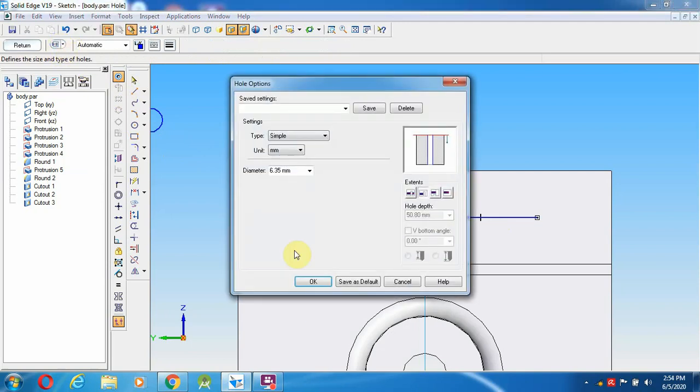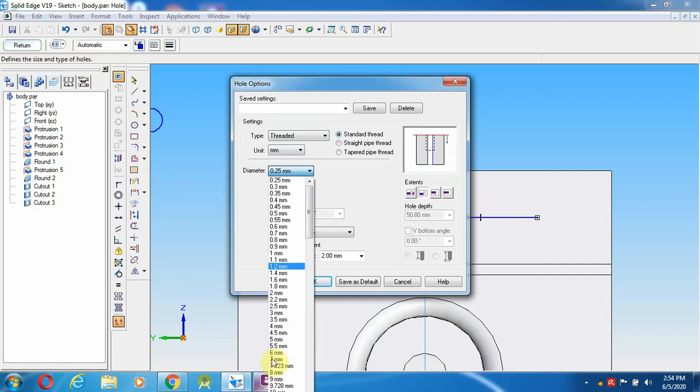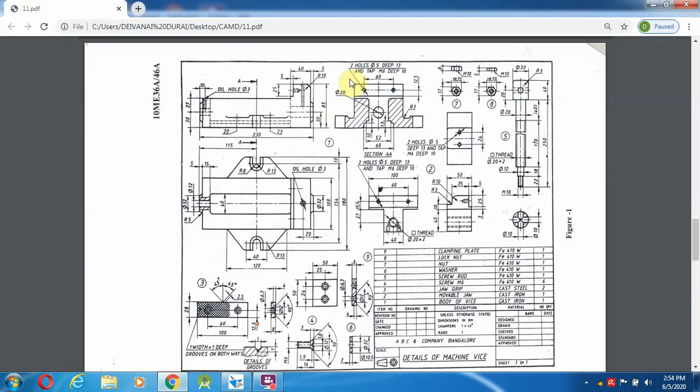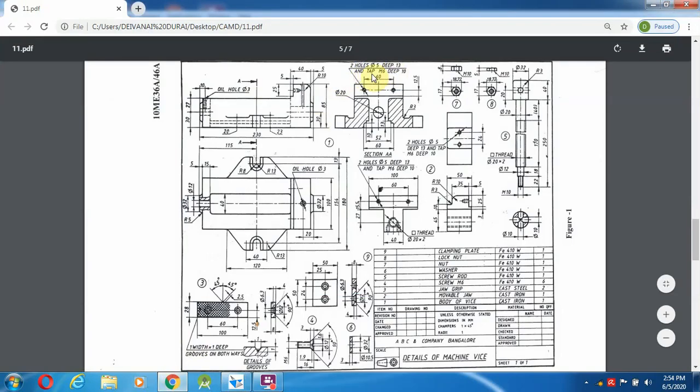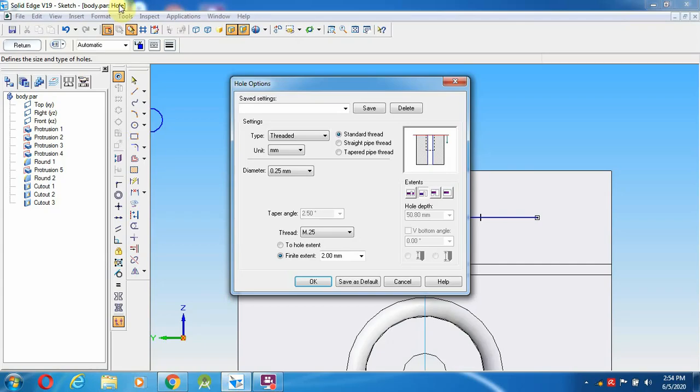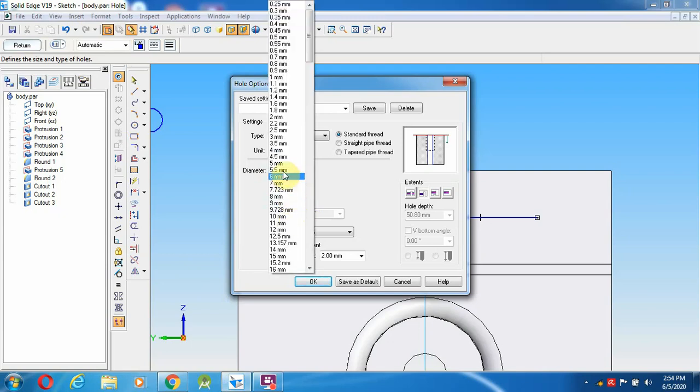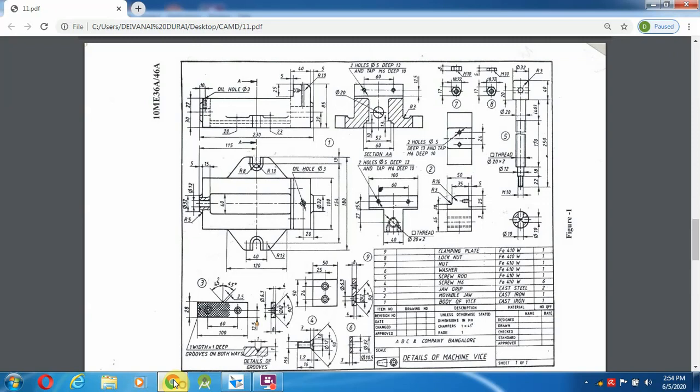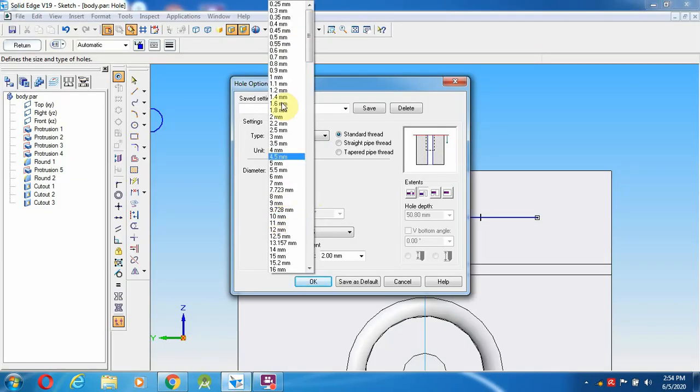So hole diameter, I think threaded hole, 5 threaded hole. Now we'll see 2 holes 5 mm deep 13 and tap M6 deep 10. So 5 mm hole deep 13 and M6 hole deep 10. Okay, so see over here V shape bottom. So select threaded and 10 mm, 5 mm. So 5 mm